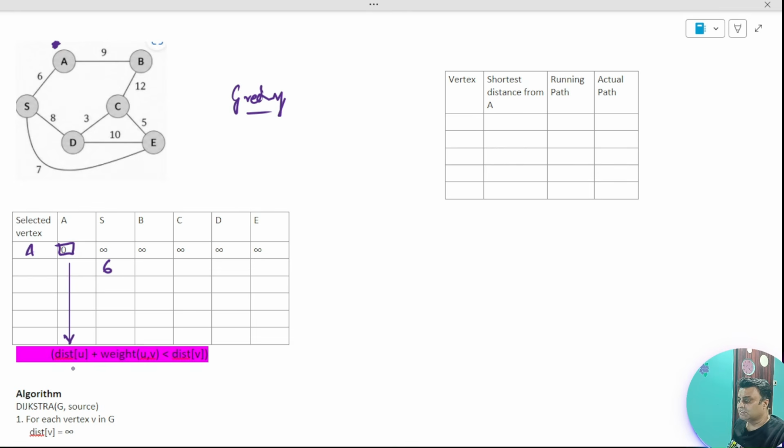So what I am saying is that in order to reach A, I will take 0, and then I will take 6 from the graph, which is from U to V. So if this is U and this is my V, then this is my weight U to V. And if this is less than the current distance, which is infinity, that is there in the immediate above row, the distance of V that I could have gone from that vertex A, then I will select this particular summation as the new value,